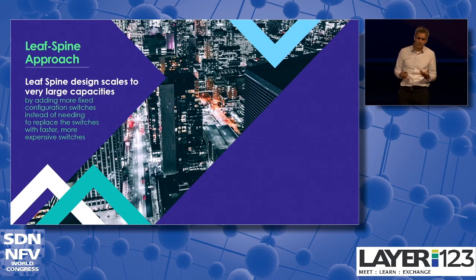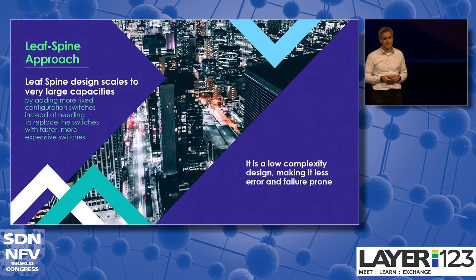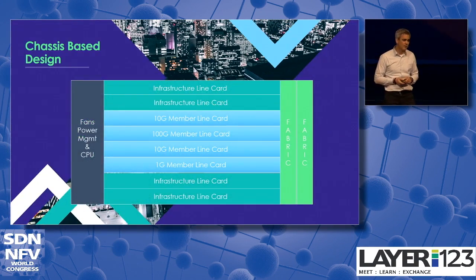Why did we choose that? Well, from an architectural point of view, it was the right size, the right fit for LINX's environment. It's really down to the environment you're deploying the hardware into. We feel that it gives us a lower complexity and also helps us to isolate failure domains. What does it look like in